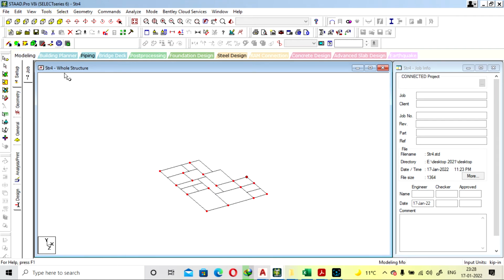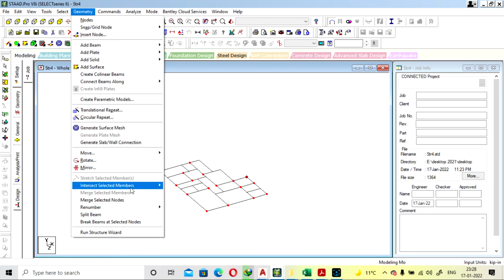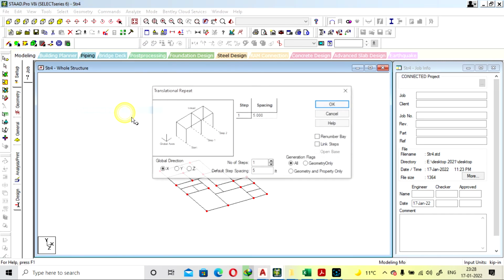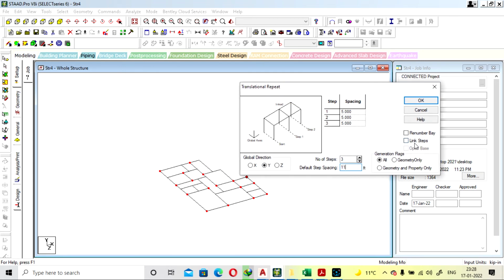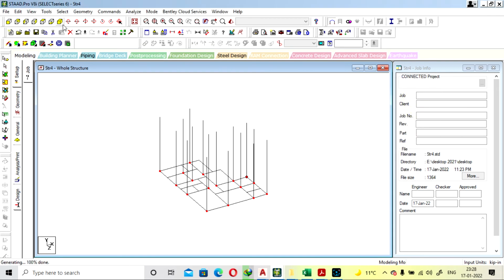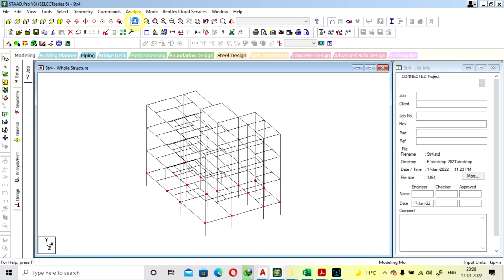Go to 3D, go to geometry again, and translational repeat in the y direction. It will also be 3 and 11 feet, link steps. Now this will be okay. View all the objects.